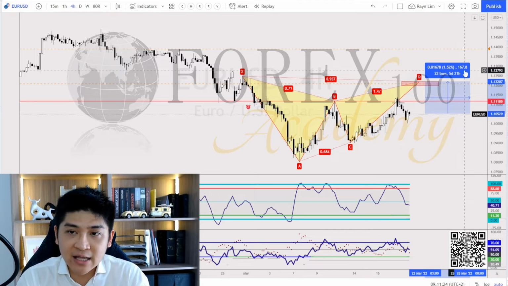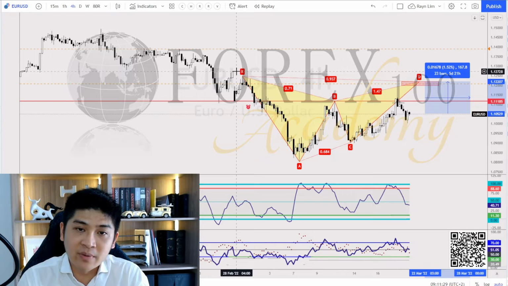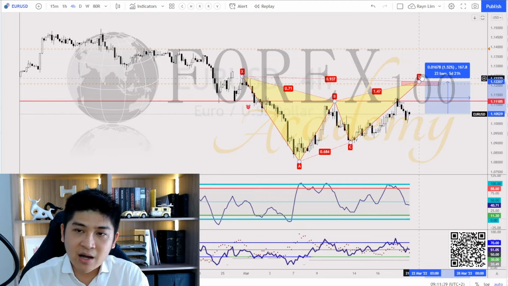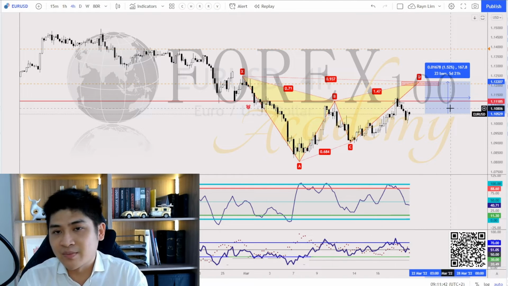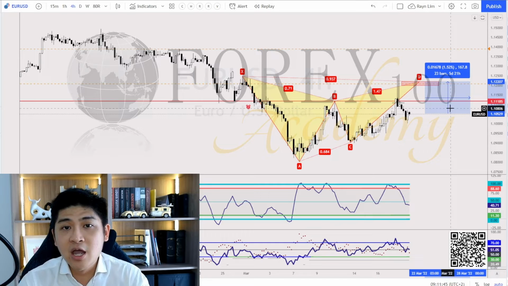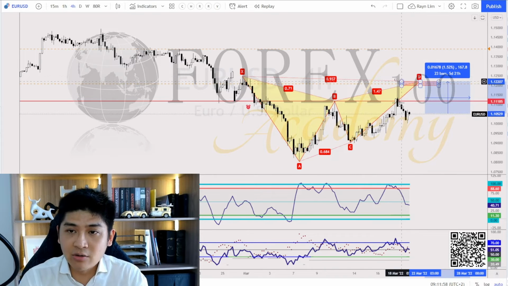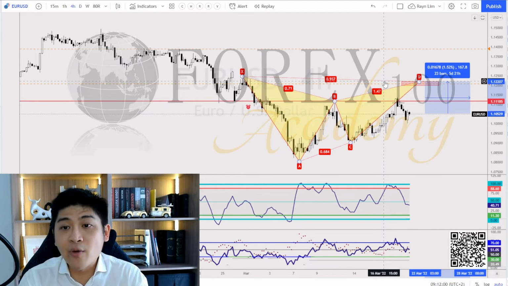I can easily get a much better reward to risk, and of course my risk will be above this level. In this case, I might not be placing my buffer above this X but before this structure, because if it pushes up by just a bit and I got spiked out on my stop loss and the market goes towards my target profit, it's not going to be good for me, both financially as well as psychologically. So that's one of the reasons why I would rather miss this trade to engage right now, and rather wait for candle confirmation at